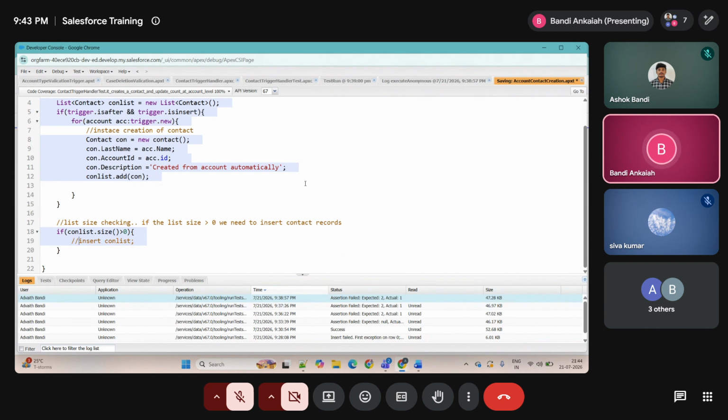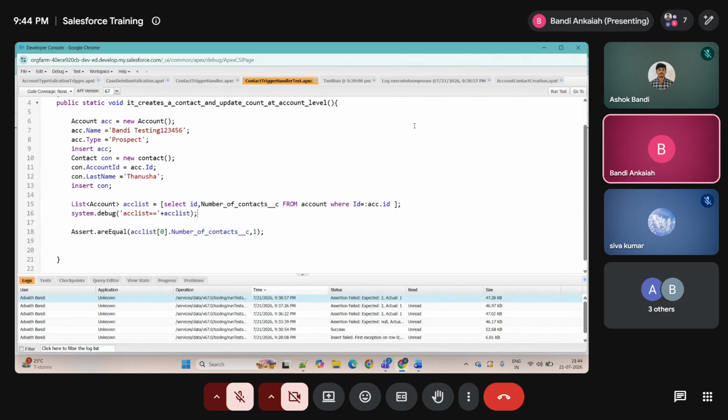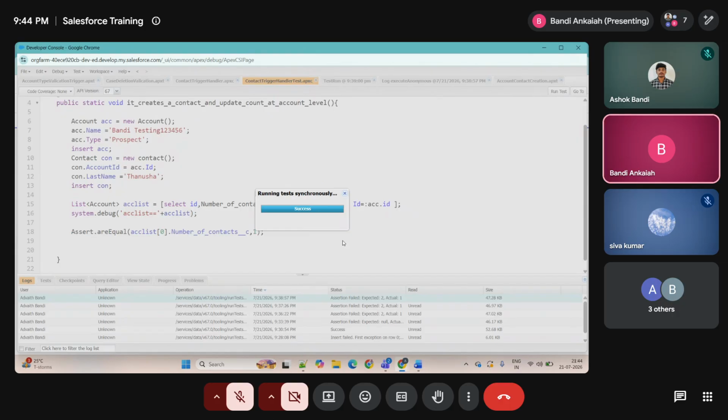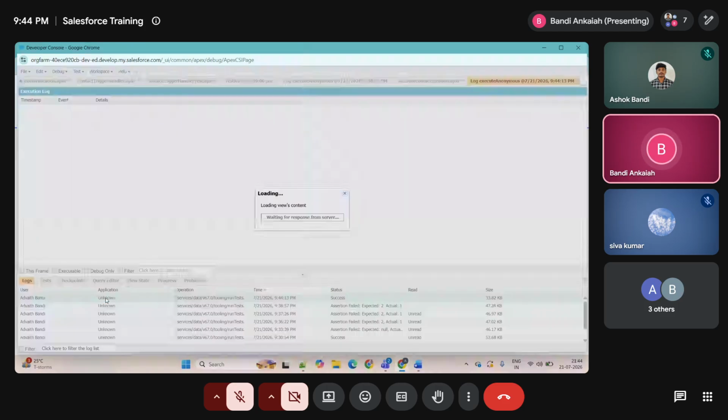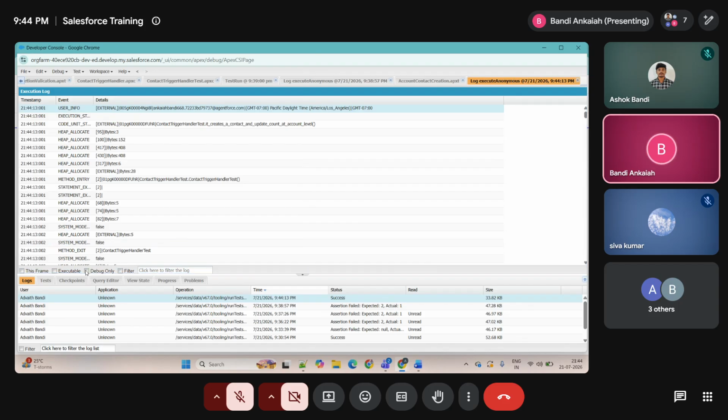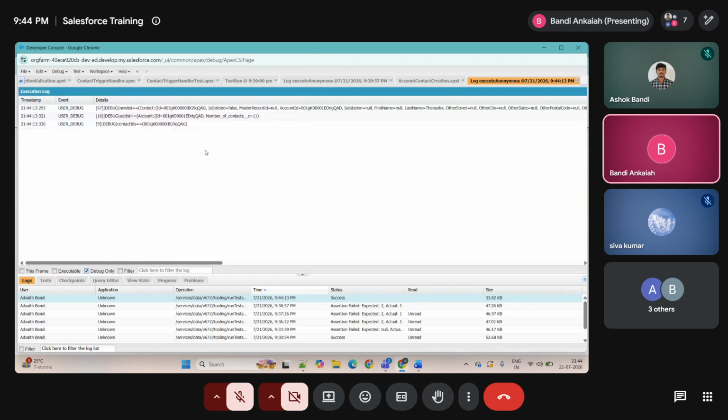account contact creation apex trigger. Now we'll see whether our test class will pass or not. Just run this. Now success, right? We'll see the output. So here, what is the number of contacts count? Only 1. Okay,